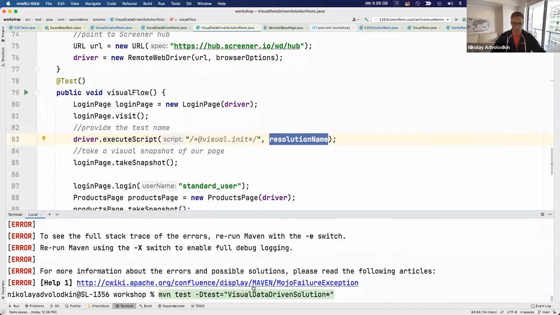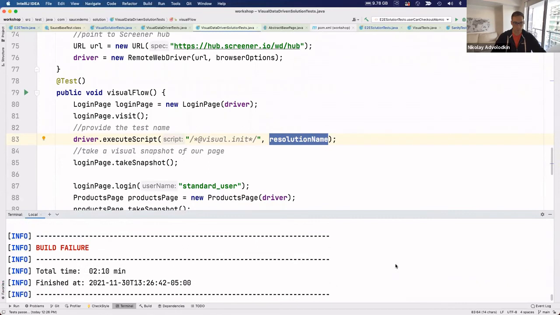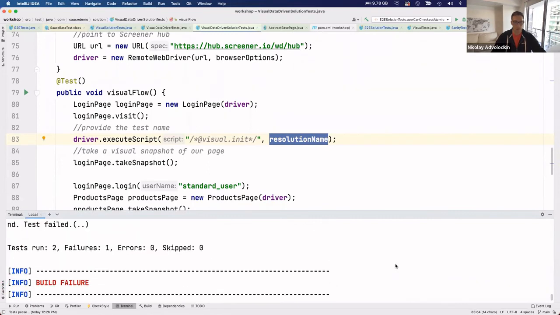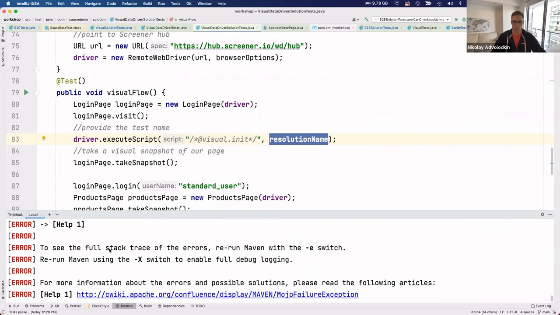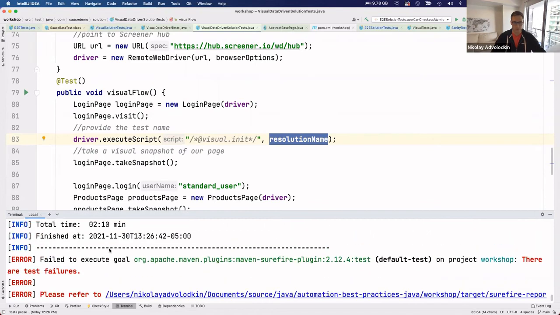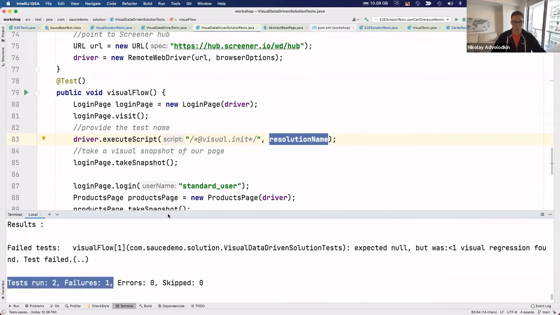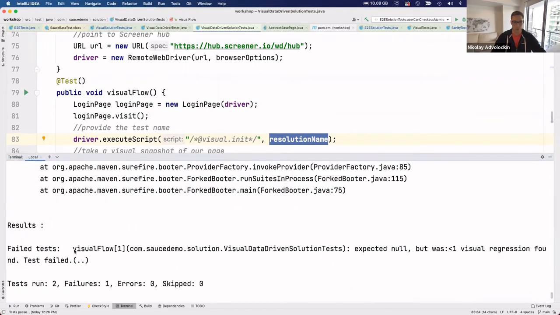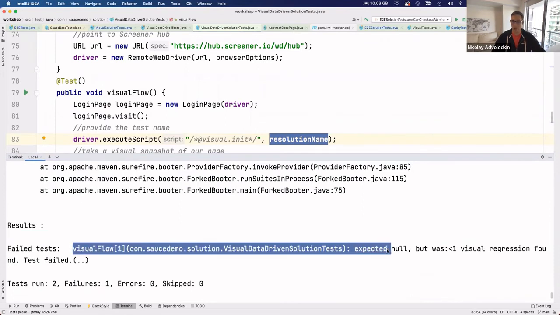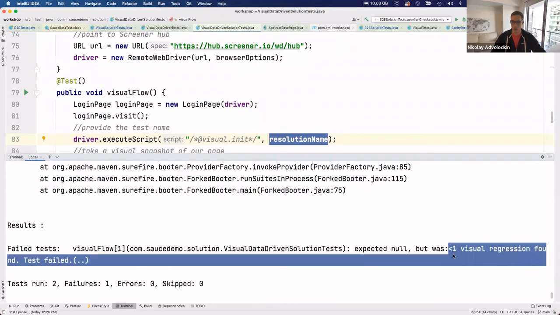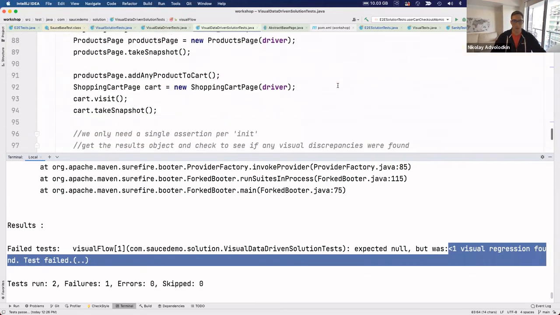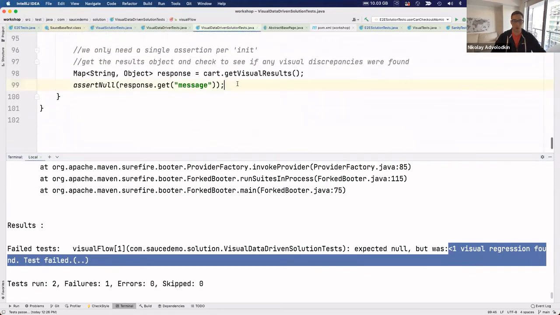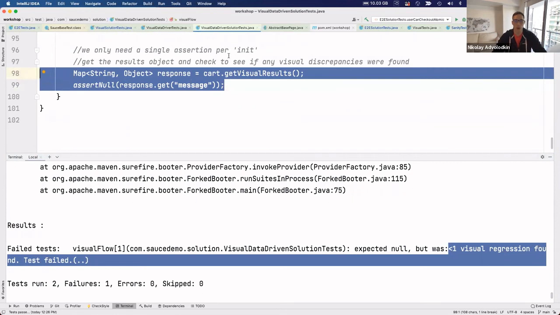I'm going to run it. Actually, I don't even need to run it. I've run it for you before. So you can see it's executed two tests with one failure. The failure was right here. If we scroll up, it says that we expected null, but had one visual regression found. That's because, look at our assertion. Our assertion is checking,